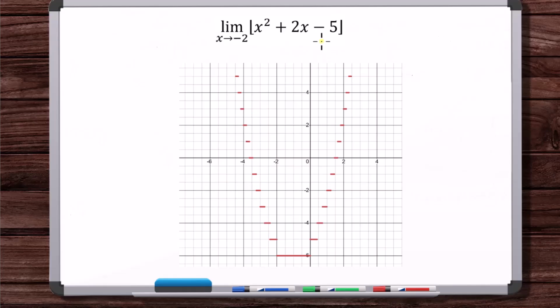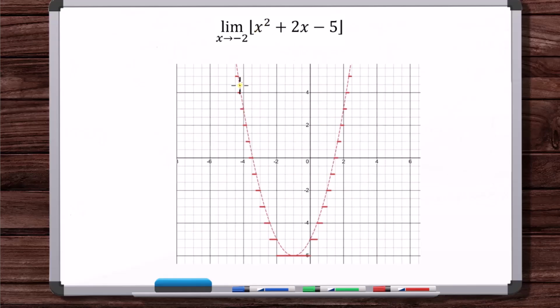So if we overlay the graph of this parabola onto the graph of the floor function here, so here's the parabola, the dashed line is the parabola x squared plus 2x minus 5, then what you can see is these jumps are occurring when the output of the parabola gets to the next integer value. But these x values, these input values for which the output of the parabola is an integer, aren't necessarily integers themselves. We can see here,